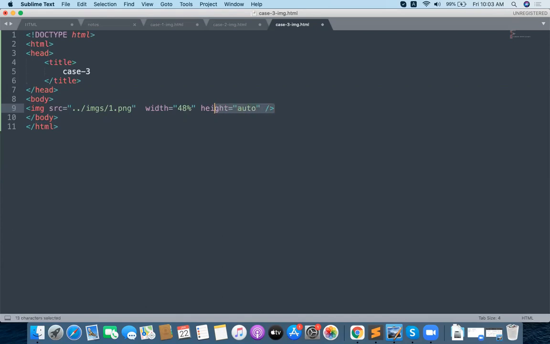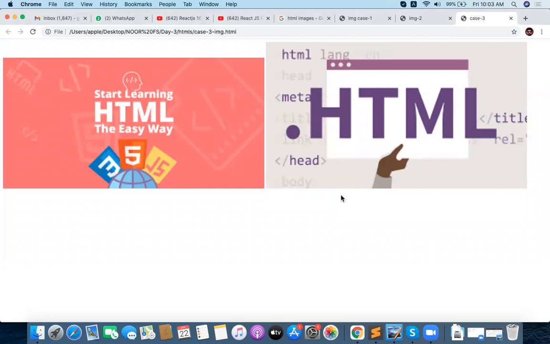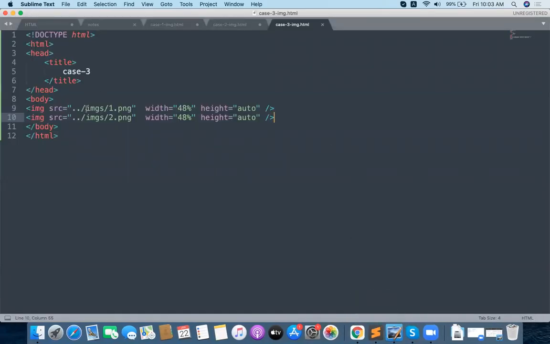The same thing you have to copy and paste. Copy it and paste it. And this one is second, 2.png. 2.png, and save it and execute the application. Open in the browser, and the same concept got executed. Same concept got executed. For example, I am removing this double dot here.